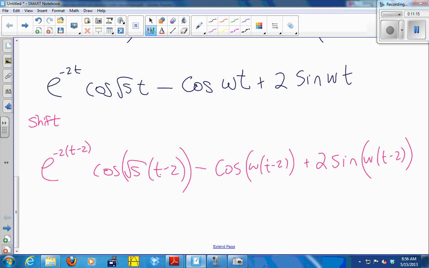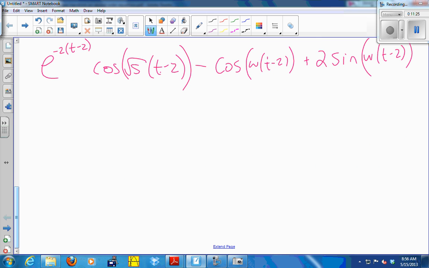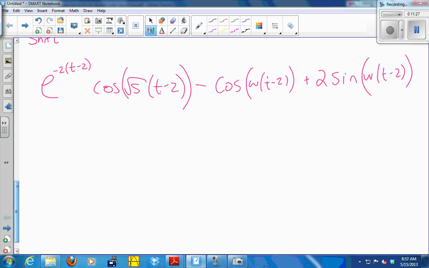Oh, and omegas are 1s. Yes, right, thank you. So my final inverse Laplace is going to be u sub 2 of t times e to the negative 2 t minus 2